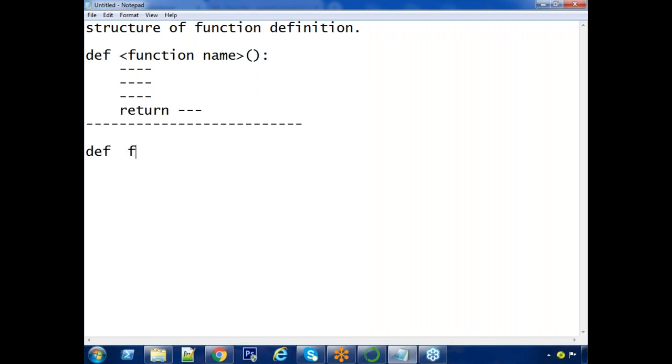Suppose I am making one function, f upper. I'm passing some string. That is the argument. Suppose you have typed a name like this one. Before that name, some empty spaces are there. After that name, again spaces are there.